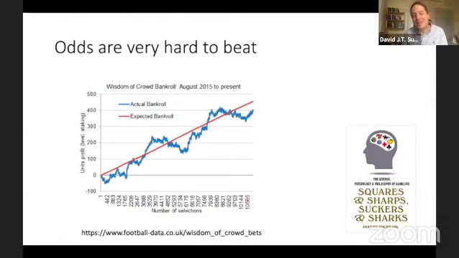Oh, I said I wouldn't talk about betting, but I did put a little bit in. Joseph Buchdahl, who runs Football-Data, has written a book really just driving home this analysis time and time again, that you can't beat the bookmakers. The bookmakers' odds are the culmination of the wisdom of the crowds. So they just don't beat the bookmakers. The bookmakers' odds beat pretty much all of these types of models.